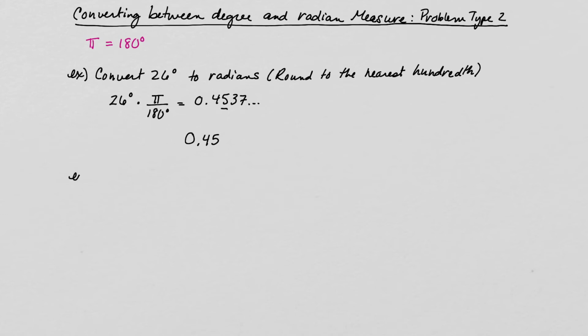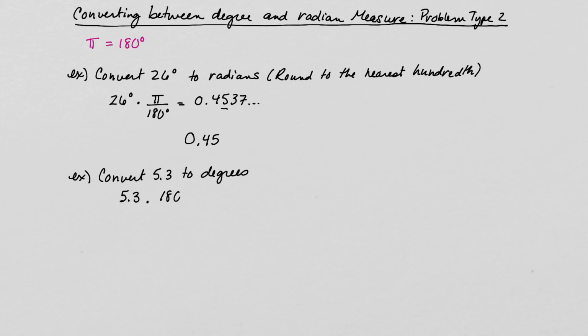And in my second example here, we're going to convert 5.3 to degrees. So the thing to notice here is that 5.3 does not have any symbol after it. It doesn't have a little degree symbol. So it's radians, even though it doesn't have a pi in it. Every single radian measure does not have to have a pi listed in it. So we're going to take the 5.3 and multiply it times our conversion factor. We're trying to get to degrees, so it's going to be